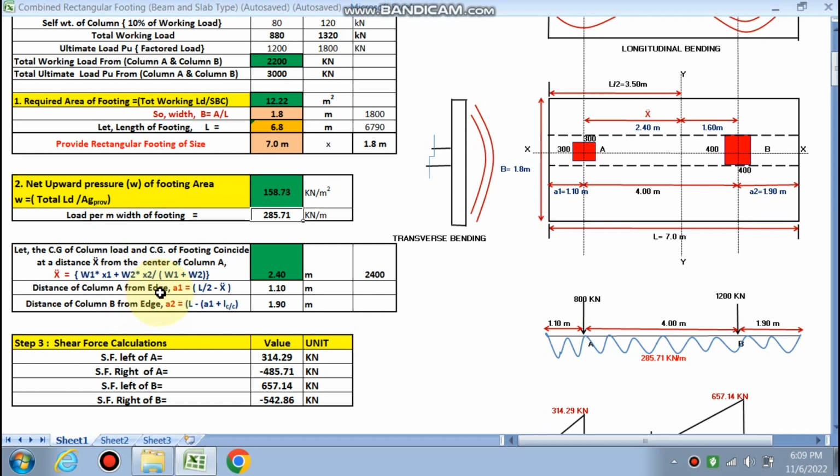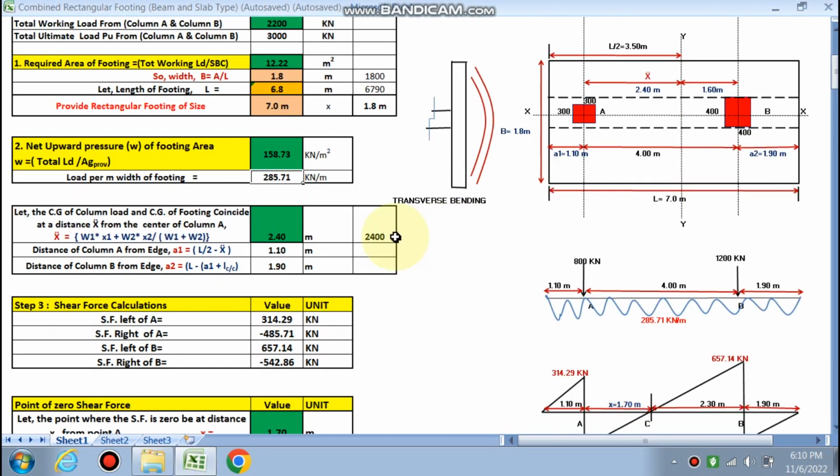Distance of column A from the edge, that is A1. The projection A1 is calculated as 1.10 by this formula, L by 2 minus X bar. So this is L by 2, this is 7 meter, this is 3.5 meter, minus X bar we have calculated, this is 1.10, and finally A2, that is projection 1.90, because this much, 4, is given as the distance